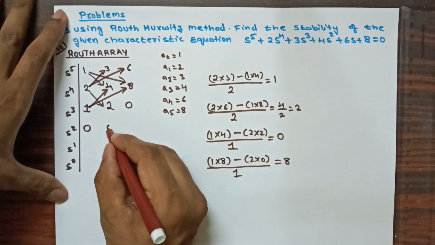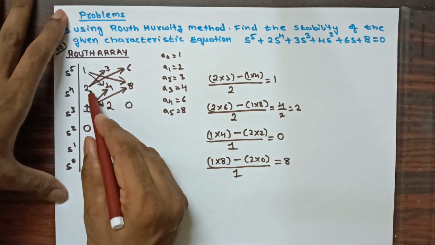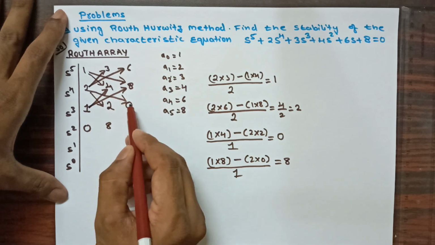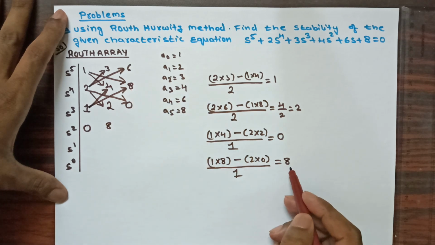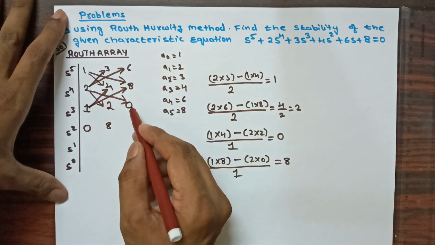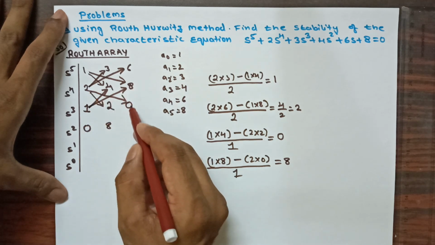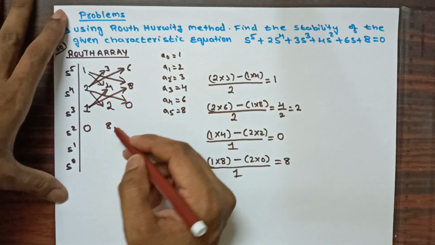So here I am getting a value of 8, and we know that whenever I am multiplying diagonally, if I am getting 0, the above is the resultant value, which I have shown here. I got that same value. If you want, we can write directly also. Whenever you see any diagonal multiplicand is 0, the above value you can consider as a resultant value.